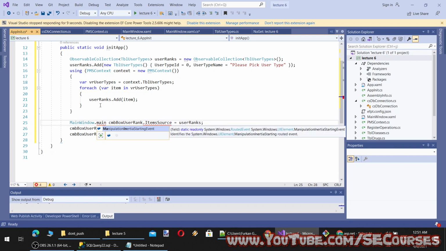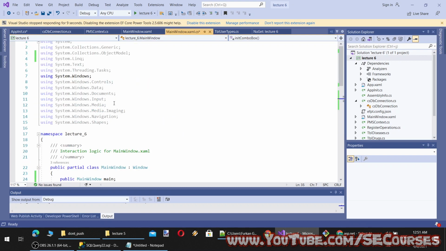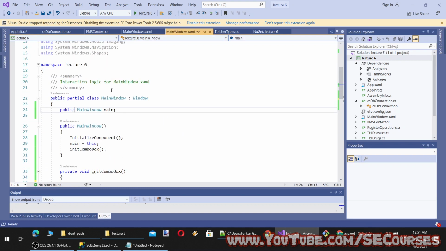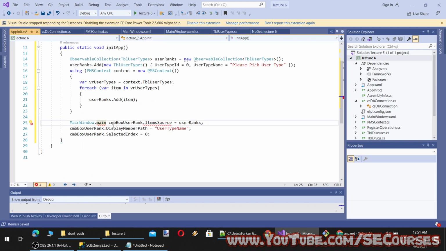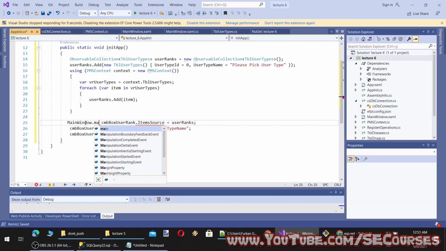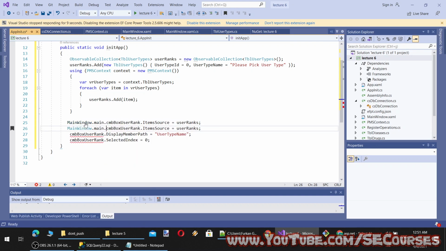How can we access it? Okay, public static MainWindow main, and from here we can access it, I think. Here, yeah.